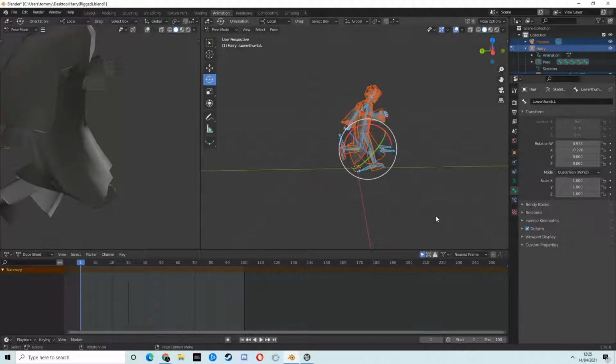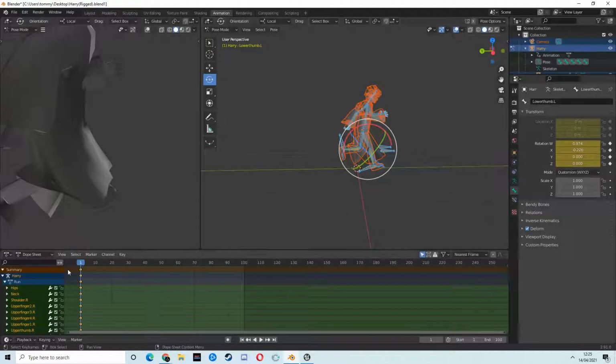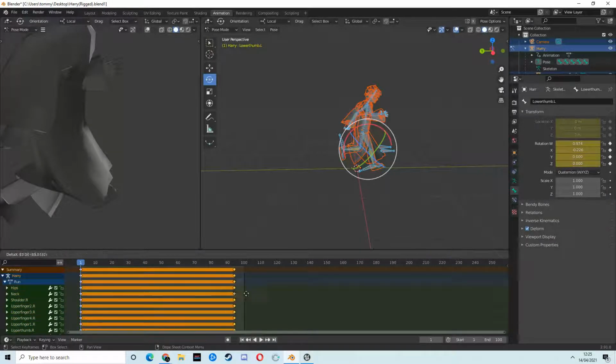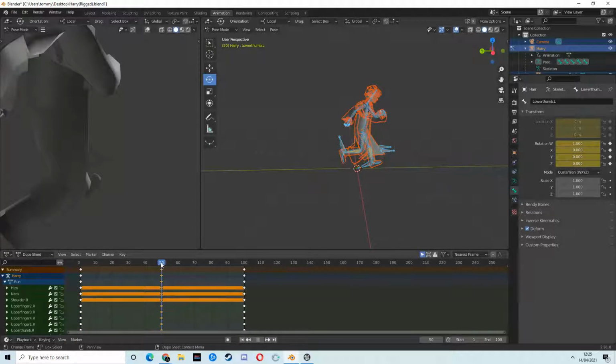Select him, eye, location, rotation. Okay, so like we did before, we're going to select that, Shift D to drag it over to 100, come into the middle, select the initial frame, Control C to copy, Control Shift V to paste in the opposite. Okay, so there we go. Now,